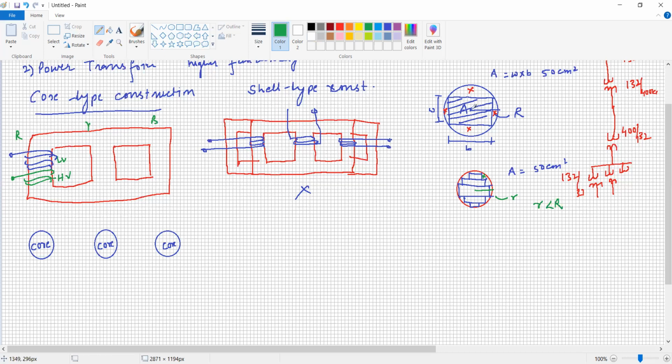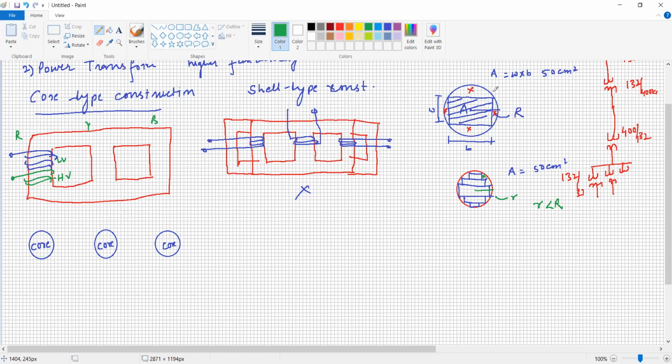Second, if this is the radius of the bobbin, the length of the conductor for LV winding and HV winding increases, which will increase the resistance of LV winding and HV winding and the overall size of the transformer. And here we can reduce the overall size of the transformer by crucible core or stepped core, where the length of the winding conductor is reduced for the primary as well as secondary winding, which will reduce the resistance and improve the efficiency as well as voltage regulation.